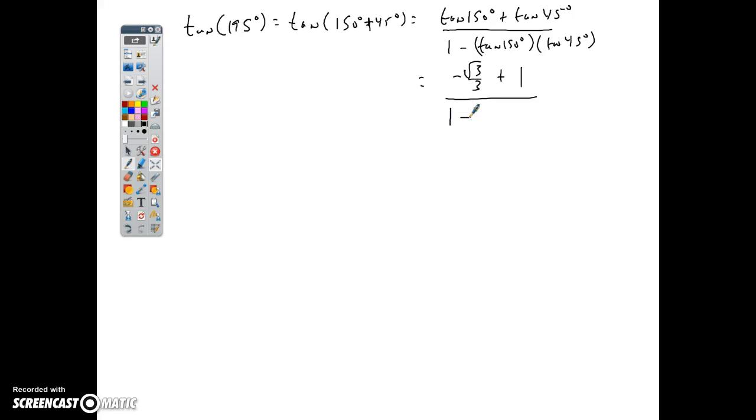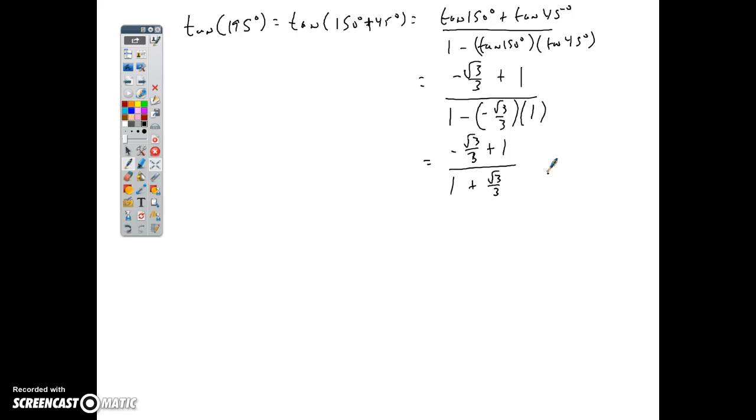1 minus, what's tangent of 150 degrees? We just did that. It's negative root 3 over 3. And a 1. Life is good. So I get negative root 3 over 3, sorry, plus 1 over 1 plus root 3 over 3. It ain't so bad. What you complaining about? And then